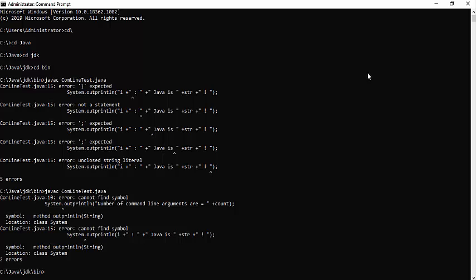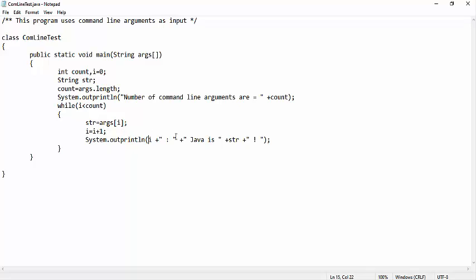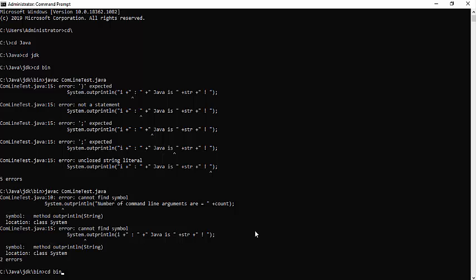So again there are some errors. So what are the errors? See, again move to the appropriate line number, you will find the error or a mistake or a bug. Okay. So here in the System.out.println, I missed the dot operator in between out and println. So put the dot operator in between out and println. Again save the program and compile it once again.